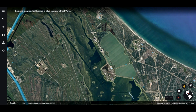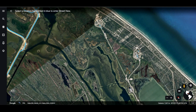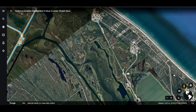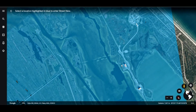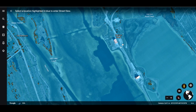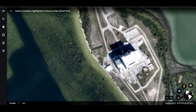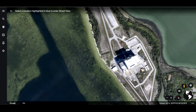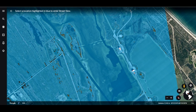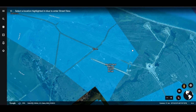And then this area out over here, I think we're closer to the main space center. Or are we still... Yeah. Oh, yeah, here's where we want to be. I think. That's Harrison Island. I don't actually know what Harrison Island is. What is this building? Oh, that's a launch facility of some sort. I don't know what that one is. Zoom out a little bit. Oh, this is where we want to be. I was too far over still. But this...